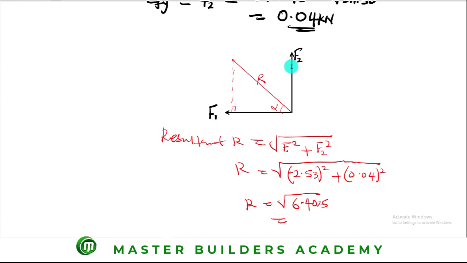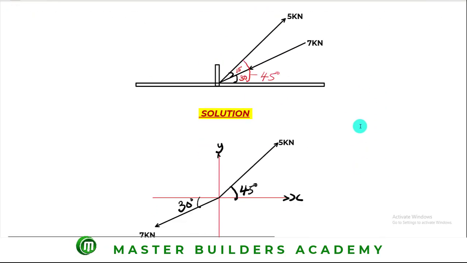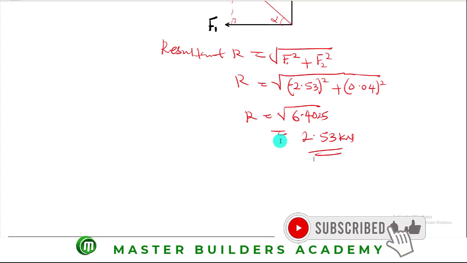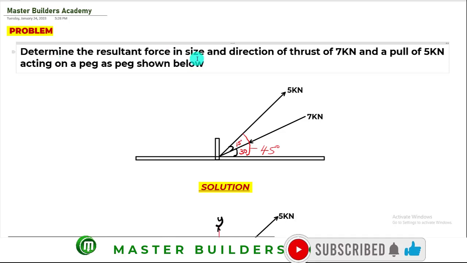If you then find the square root of 6.4025, we then have our answer to be 2.53 kilonewton. So guys, the resultant force of this particular system is 2.53 kilonewton. But remember, the question did ask us to determine the resultant force in size, which we have obtained,